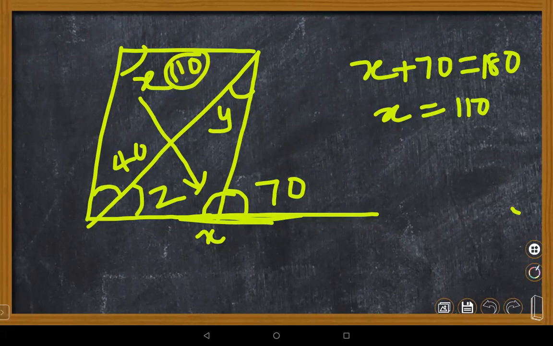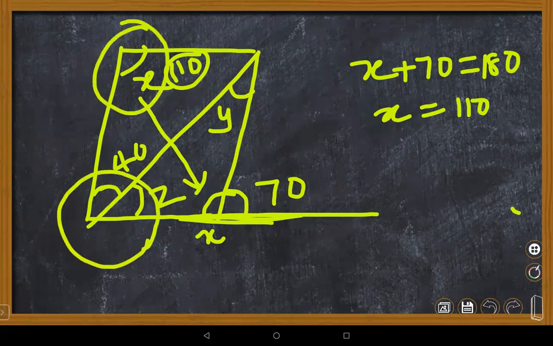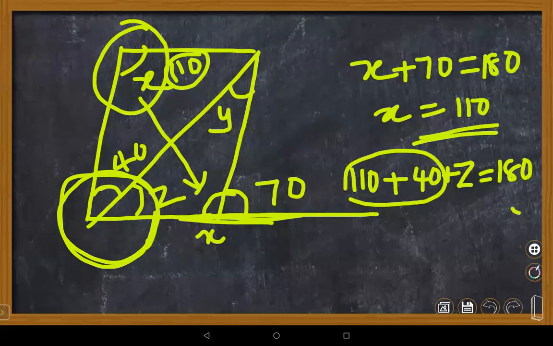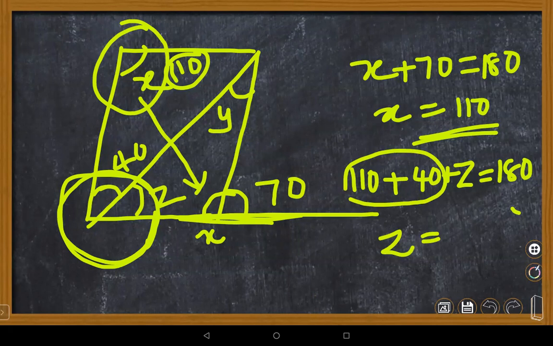Now, any other property, adjacent angle property. Can we take these two together and this angle to be equal to 180? Yes, ma'am. So what is the answer you're supposed to tell here? The x value we are getting as 110. This angle together gives 40 plus z, and 40 plus z is equal to 180. Very good. Now 110 plus 40, 150 plus z is equal to 180, so z is 30. That's all. Now you know the z value.